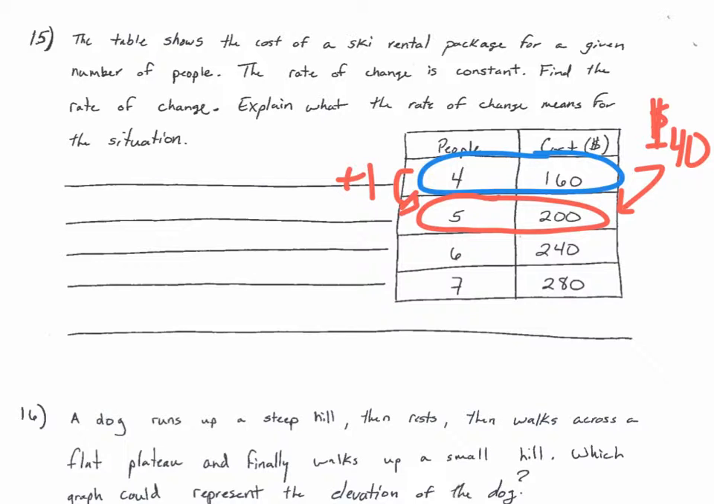Well, let's make sure that works for the next step. If I add 1 from 5 to 6, I did add 1, and we should add 40. Well, 200 plus 40 is 240, so that works. And then even the last step, from 6 to 7 is 1, so I'm still adding 1, and from 240 to 280, I'm still adding $40. Okay? So to explain this, I'm going to write